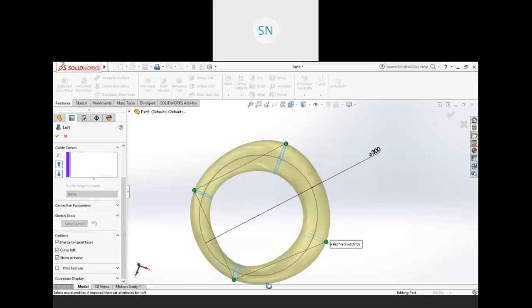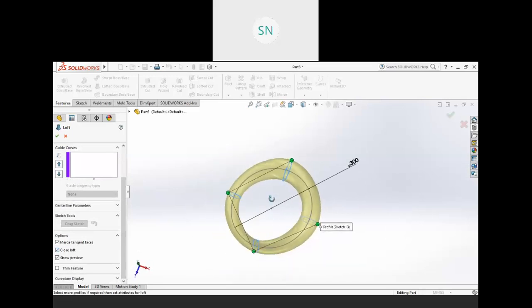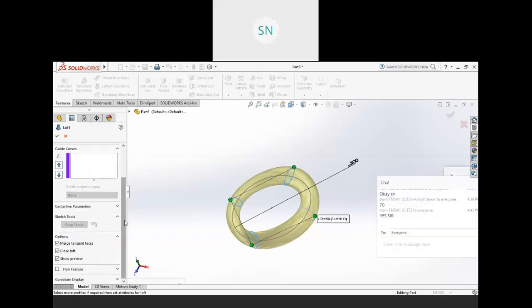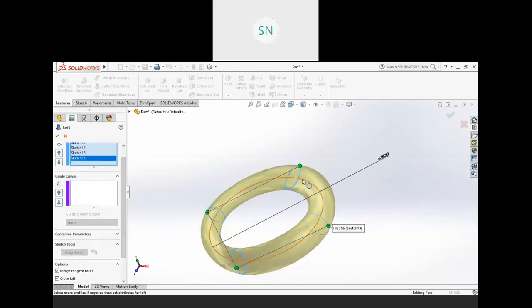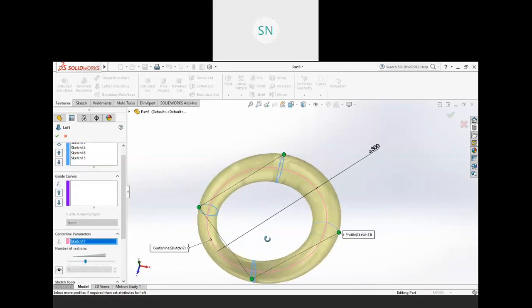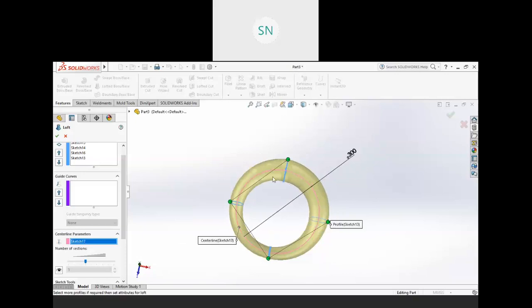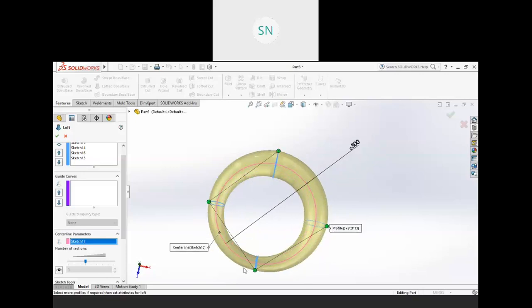right? But this is not properly circular. So to provide a spine, a proper direction, we have a center line parameter over here. So turn on this center line parameter and provide this center line curve. So now your object will perfectly follow that path. So now it looks perfectly circular,